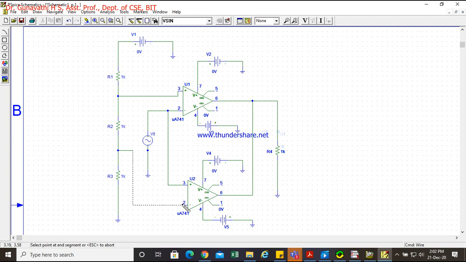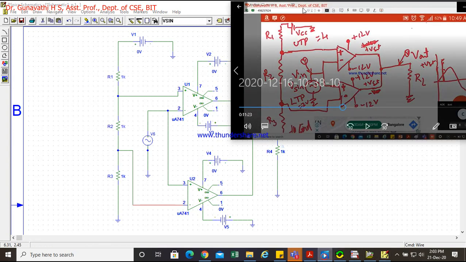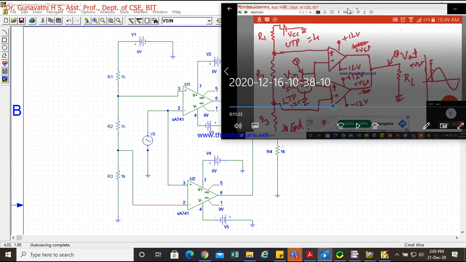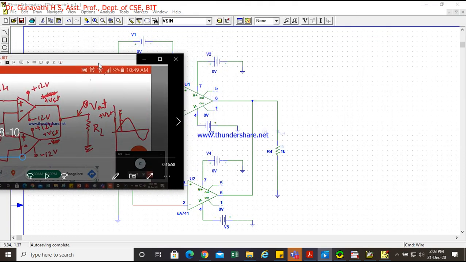So let me connect like this. So now if you look into your circuit, all the connections are done. So these three resistors, this terminal connected to the positive of this, this terminal connected to the negative of this. So negative and positive of these two connected to the input, and the load resistance connected across the output here.